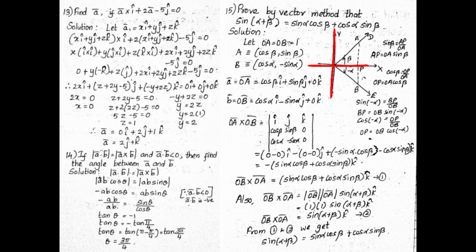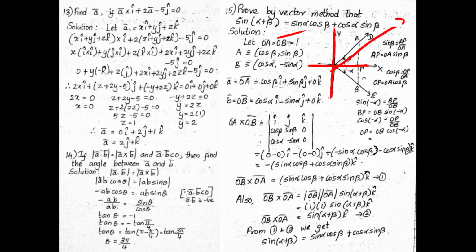See, this is the x axis and y axis. Okay, so first from O we draw two vectors, OD and OE. Then on OD we take a point A, and on OE we take a point B. So OA and OB are unit vectors, OA is equal to OB is equal to 1 unit.